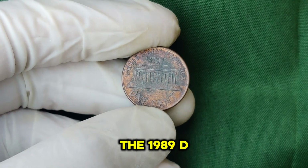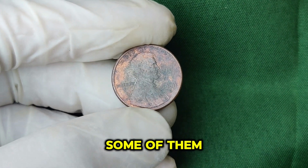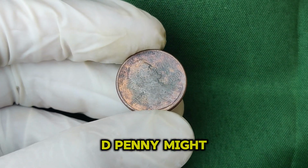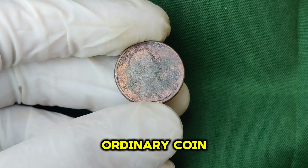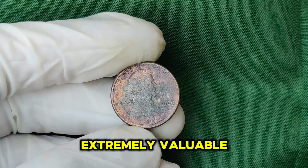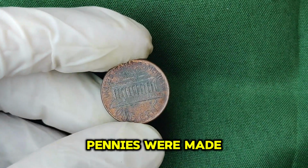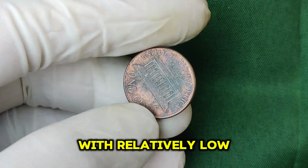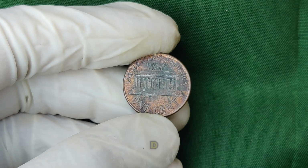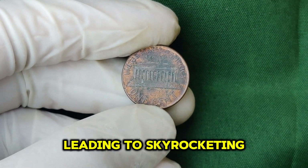The 1989 Lincoln penny was minted in Denver, and though millions were produced, some of them are worth much more than a penny today. While the 1989 penny might look like an ordinary coin, there are certain characteristics that make a small batch of them extremely valuable. Coins minted in Denver bear the D mint mark, and most of these pennies were made in massive quantities, with relatively low production errors. However, some 1989 pennies have unique features or were preserved in pristine condition, leading to skyrocketing